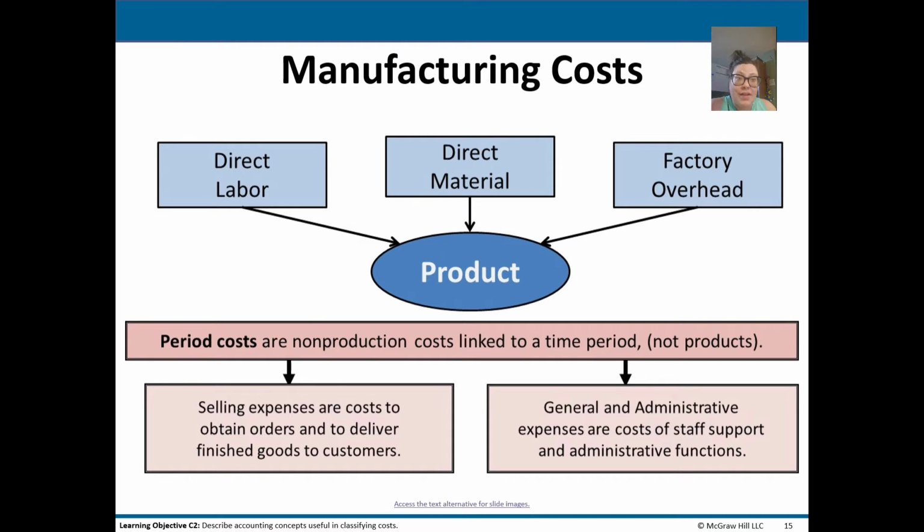So, during the year, you're still going to record costs that have nothing to do with actually making the physical product. So like your sales staff that goes out to sell the product, or that comes up with your advertising, or your general and administrative staff like the secretaries and supplies expenses that the whole company uses, including the accountants. Like I always say, as an accountant, we're a cost center, we're not a profit center a lot of times. The accountants of a company, their salaries are going to fall under general administrative expenses usually.